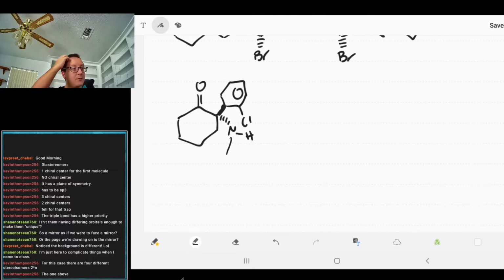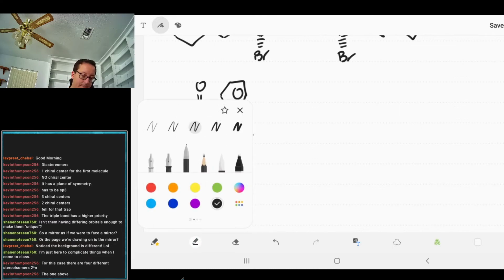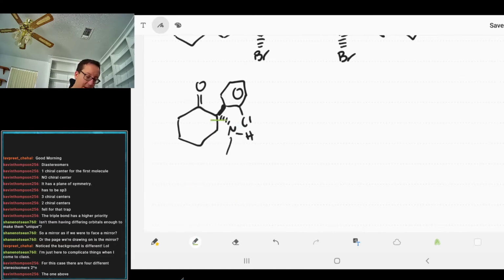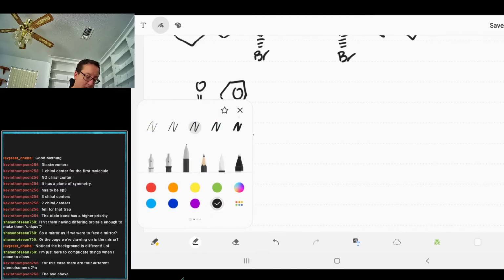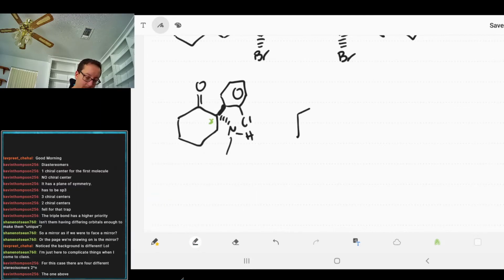Okay, so if we're drawing the enantiomer of this, first things first, we've got to find our chiral carbons. Or chiral anythings, but there's only the carbon in this case. So if we do that, we see that we have 1 chiral center. And so if we're to draw its enantiomer,